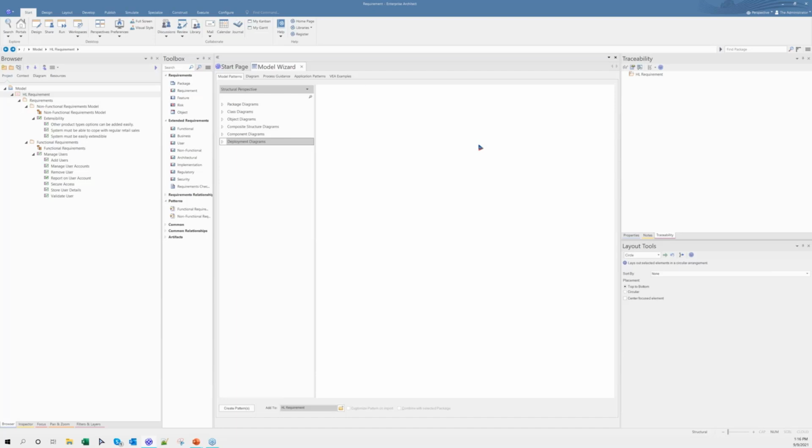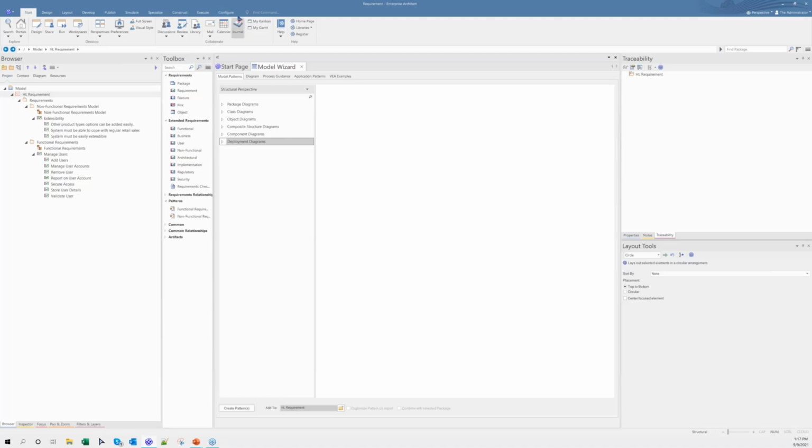In order to do that, as a prerequisite, I need to have my security enabled, and I should have configured the user groups and the users.